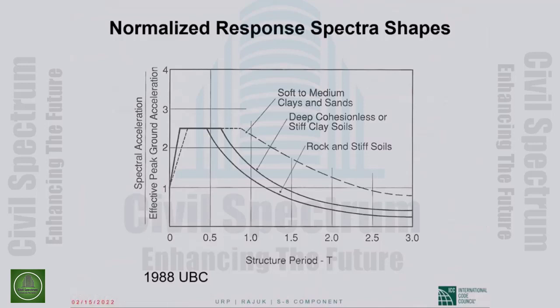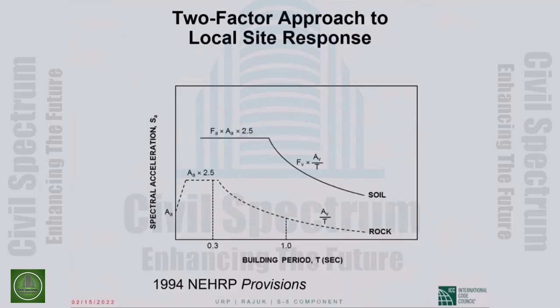Spectral acceleration on the y-axis, normalized with respect to the effective peak ground acceleration as the ATC3 spectrum. Okay, so 1988 UBC. The next significant thing that happened was in the 1994 NERP provisions. In the Mexico earthquake of 1985, and then in the Loma Prieta earthquake of 1989,